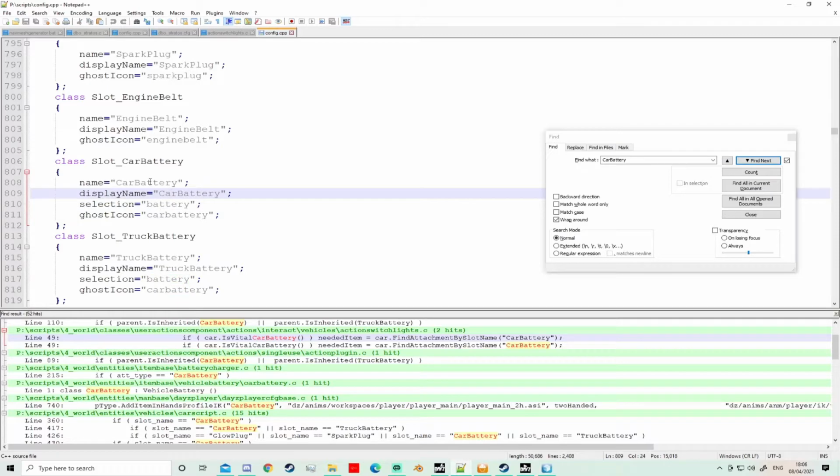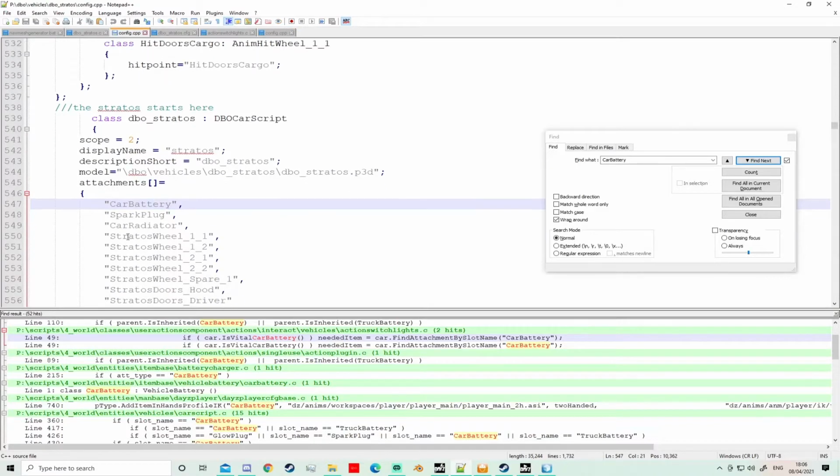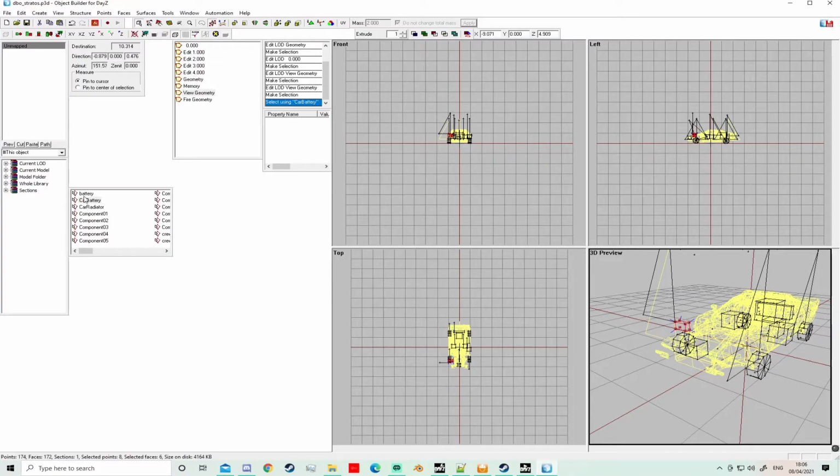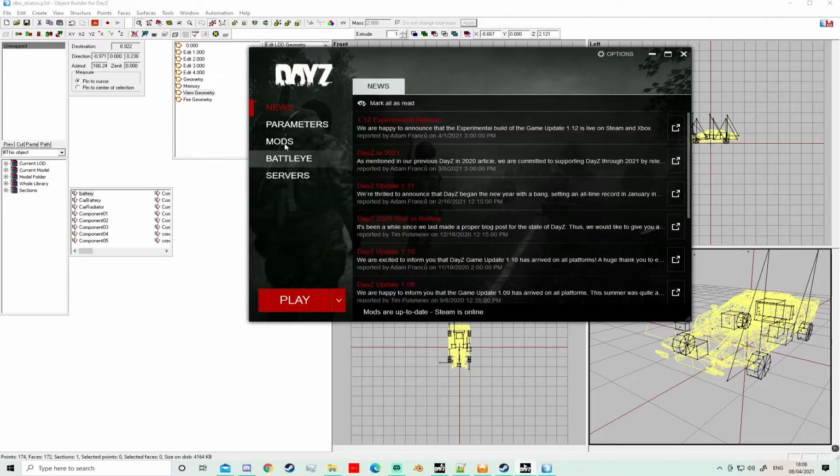Okay, so remember that. So it's finding that by the name there, and we have it as an attachment there. However, the selection name is battery. We have that. Okay, so now when we are in game,